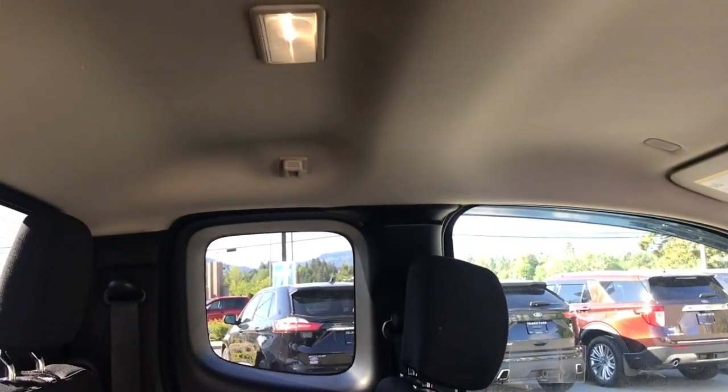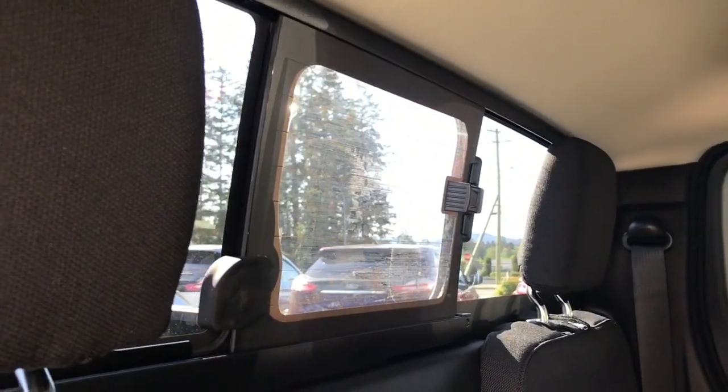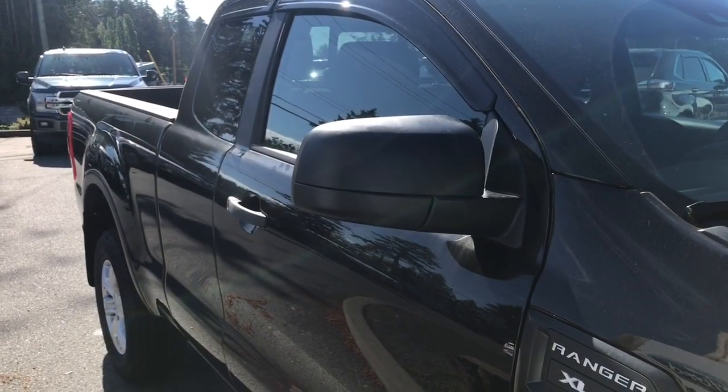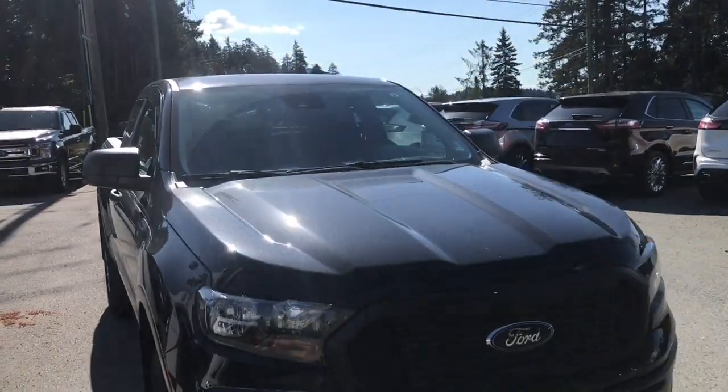Up above you have hooks and lighting, and in the back you have access to a manually sliding window, as well as rear defrost. Black bumper, mud flaps, 6-foot box, privacy glass in the back windows with window vents, halogen headlights, tow hooks,